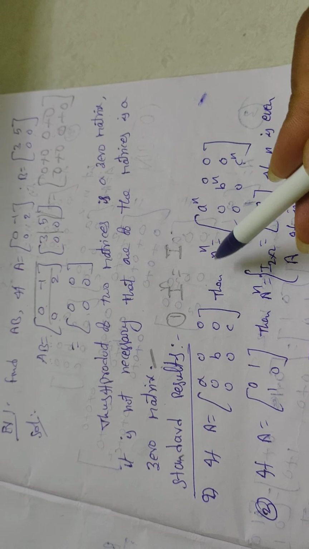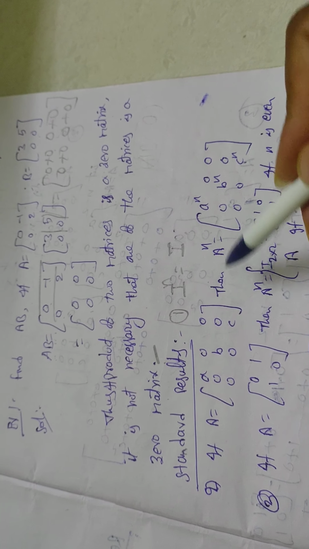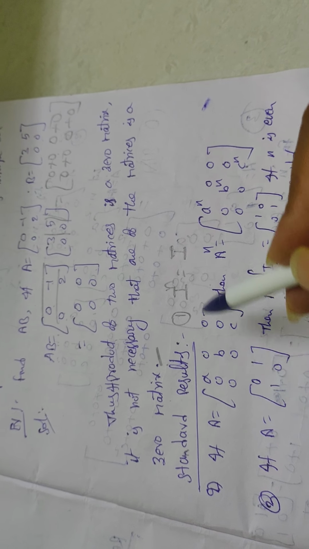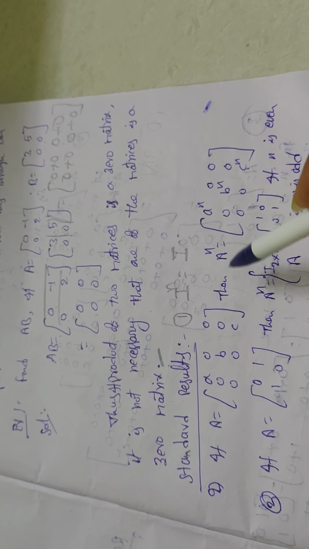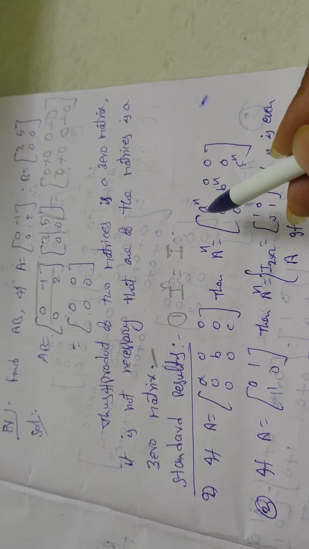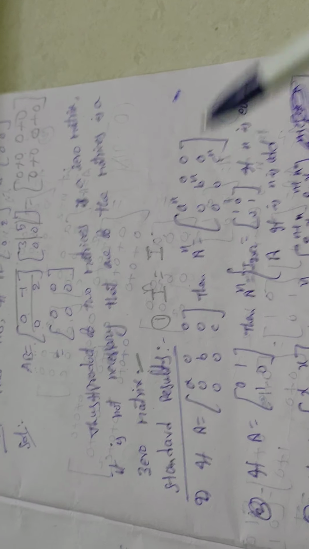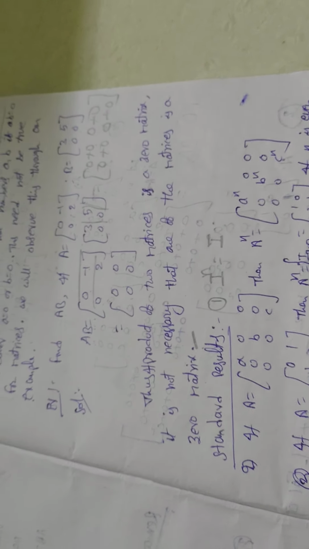So that means, what can you say? Conclusion. If they give the question in the exam, if A is equal to the diagonal matrix a, b, c, then find A square. A square is nothing but directly we can say a square, b square, c square on the diagonal with zeros elsewhere. That is the answer of the question. These are very, very important for MSET. Okay.